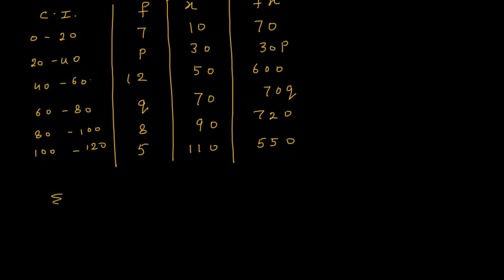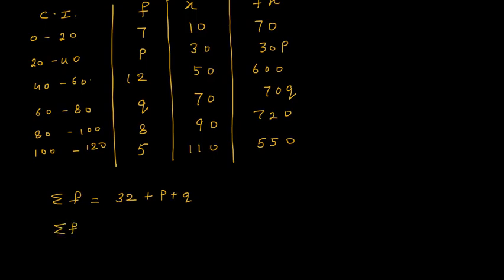If we find the summation of f, it is 7 plus 12, 12 plus 8, 20, and 7 plus 5, 12. So 12 plus 20, 32, plus here we have P plus Q. The 6 values plus P plus Q. So 32. Okay, this is perfect.